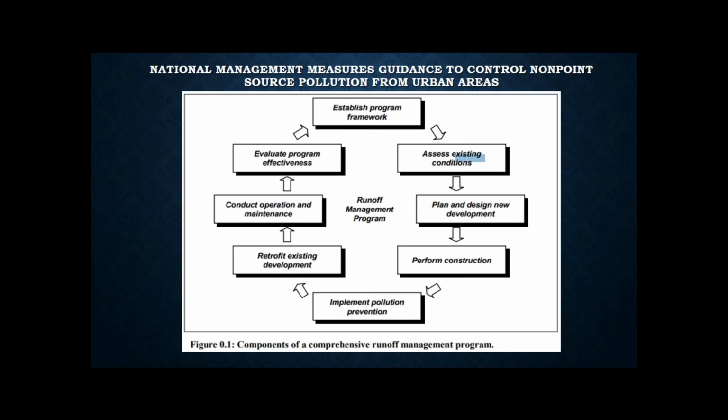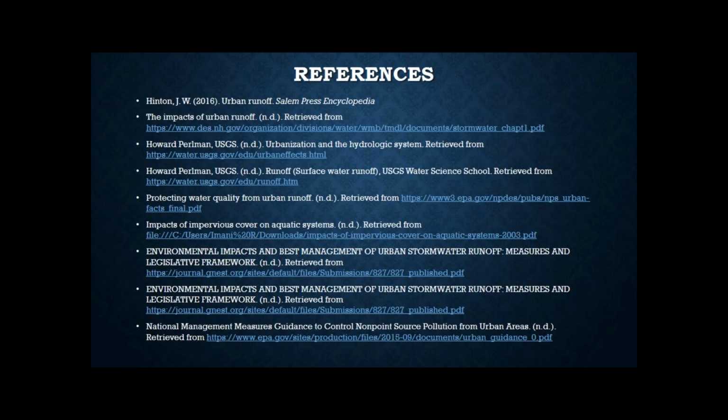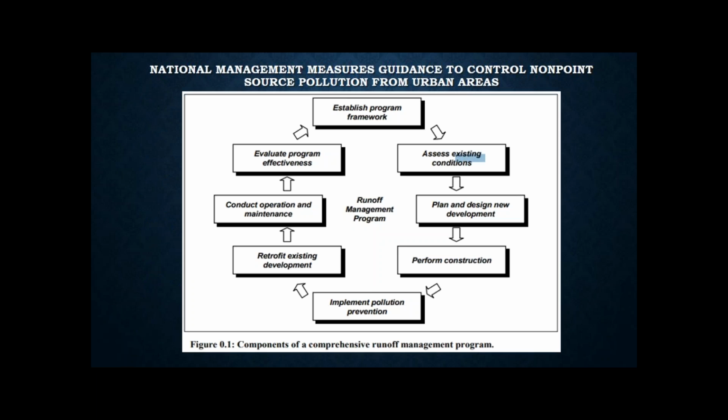Information in this document, and so this is just an image from a larger document, is intended to provide technical assistance to state and local program managers on best practices and best available and most economically achievable means to managing urban runoff, starting at pre-development and ending at maintenance. So this is just a general framework and an idea of how to go about managing urban runoff. Whether this is a newer city or a newer development, it starts at conception and ends in just maintenance.